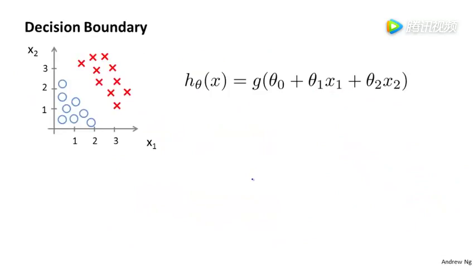Now, let's suppose we have a training set like that shown on this slide. And suppose our hypothesis is h of x equals g of theta 0 plus theta 1 x1 plus theta 2 x2. We haven't talked yet about how to fit the parameters of this model. We'll talk about that in the next video. But suppose